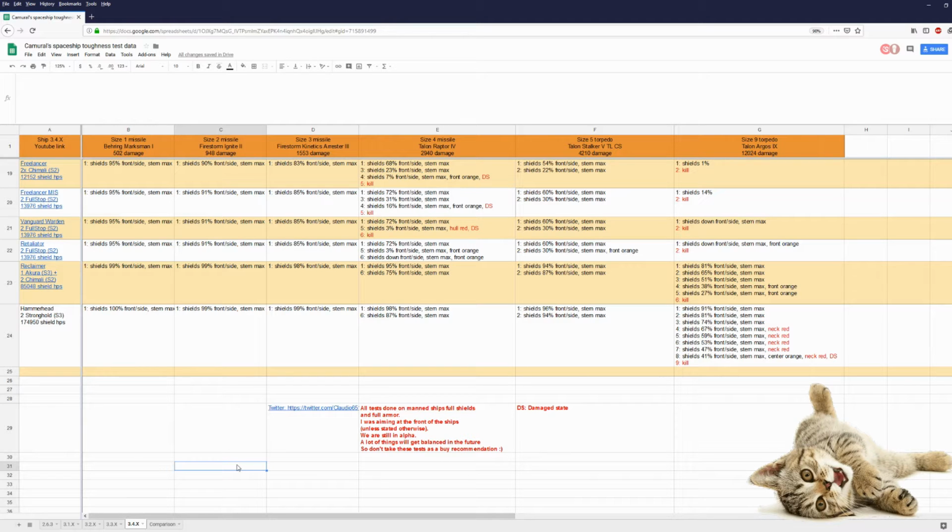And the Hammerhead is done in 3.4.x. I'm always very happy when I do the big ships, because this takes the longest time and the most effort. What can we tell about the Hammerhead? The Hammerhead is the toughest ship, and I guess the Starfarers are still bugged, so maybe the Starfarers are as